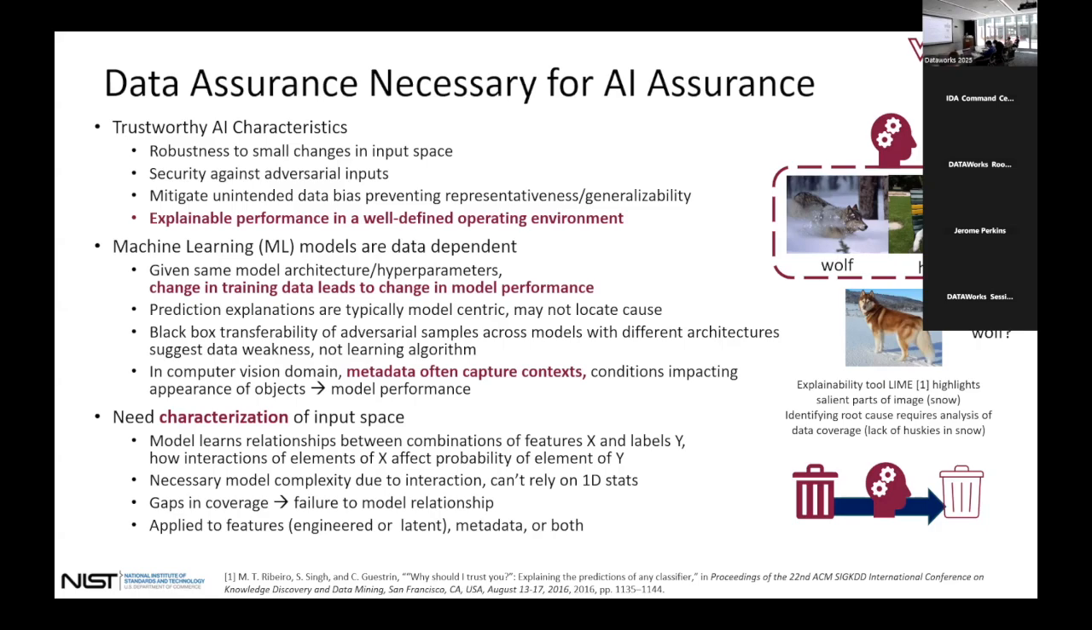So we know models learn relationships between combinations of features and labels. And so how these interactions of features affect the probability of the label, and that these are necessarily complex. We talked about this morning, it's not usually a single feature. It's an interaction of features. And so we can't rely on one-dimensional statistics. When we have gaps in coverage in the training data, we can have a failure to model the relationship. And when we have gaps in coverage in the test data, we can have a failure to detect